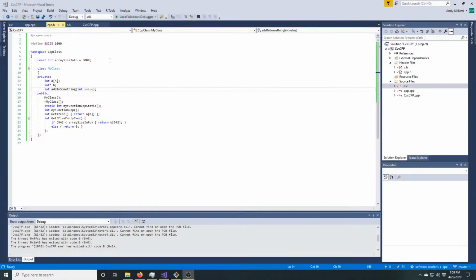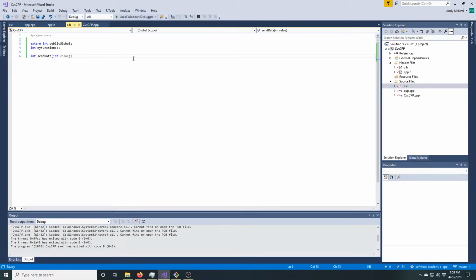So let me talk to you about structs. We'll do it on the C side here, and then we'll do it on the C++ side. There's a whole world of typedefs and stuff like that. Structs are one way to logically group data. So I'm a big fan of using structs when appropriate. So, struct,